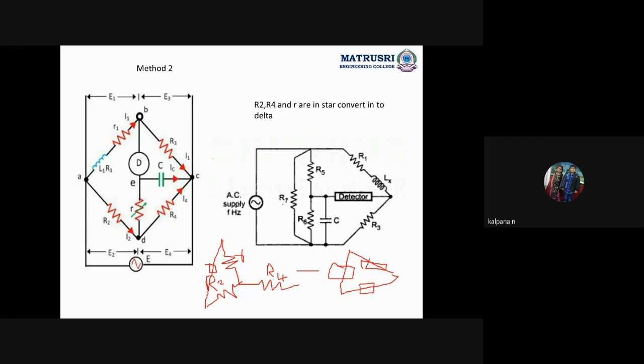Okay, let this be R7. This is one resistor. Okay, we are just converting star to delta. So what is the equivalent of delta in terms of star? How did we get this value? This resistance into this resistance plus this resistance into this, divided by R4. Yes or no?